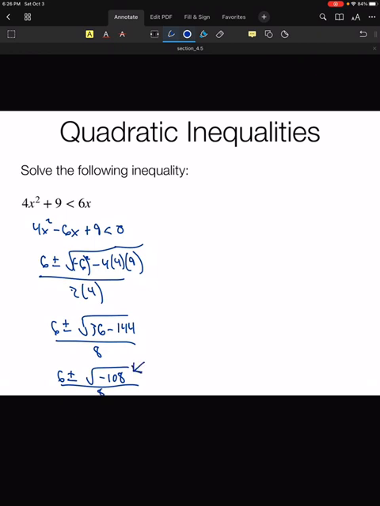I cannot have a negative number in here. I can't have a negative number under the square root sign. That's going to give me an imaginary number, and so not necessarily what I want. And we can't work with that in this class. So there are no